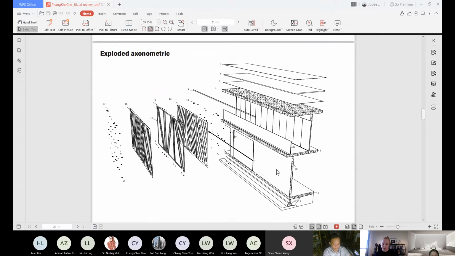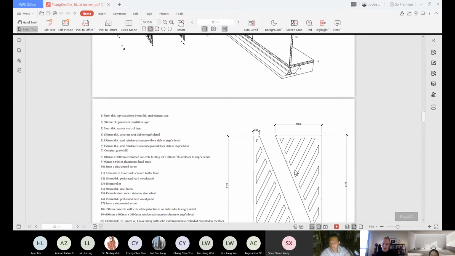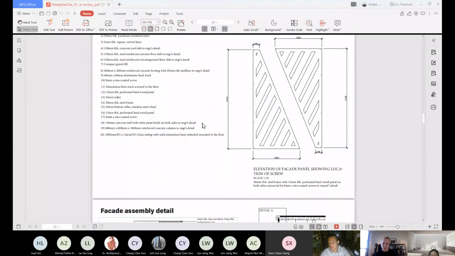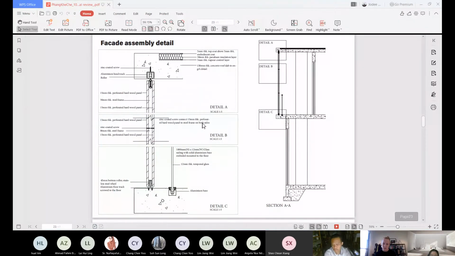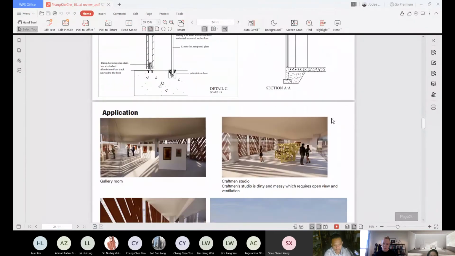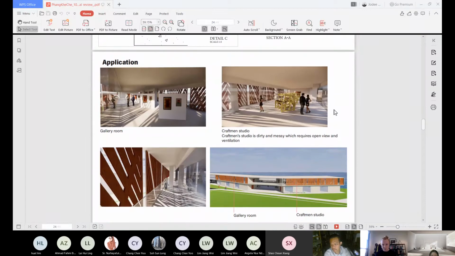The exploded axonometric of my facade and the details. The application of the facade is at the gallery room at the first floor and the craftsman studio.